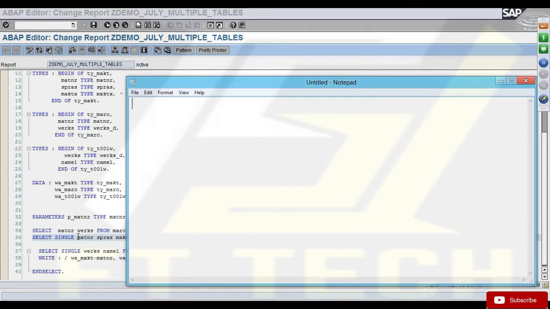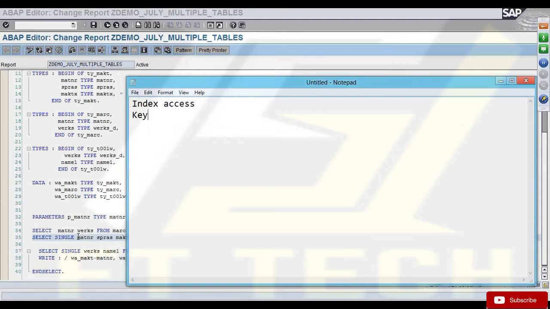So once you bring the data into your internal table, you can do the same thing. If you want to process all the records, you can loop the table. But if you want to process a single record, you can use the read statement. So when I talk about this read statement, processing a single record, there are two ways again. One is your index access. When I talk about accessing the data in the internal table, either you can access the data by index or by key.